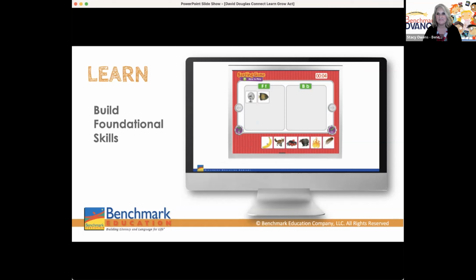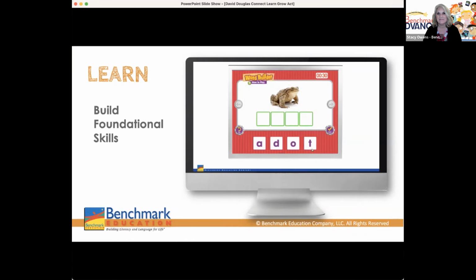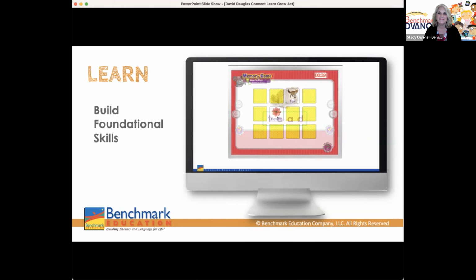In the sorting game, students drag images or words into the correct box. This game can be used to practice skills such as phonological and phonemic awareness, sound spelling correspondence, and word families. The Word Builder game allows students to practice word building, spelling, and concepts of print by dragging and dropping letter tiles into the correct box. And finally, the memory game lets students match like items. This type of game provides practice for skills such as phonological and phonemic awareness, sound spelling correspondence, word families, and word and letter matching.